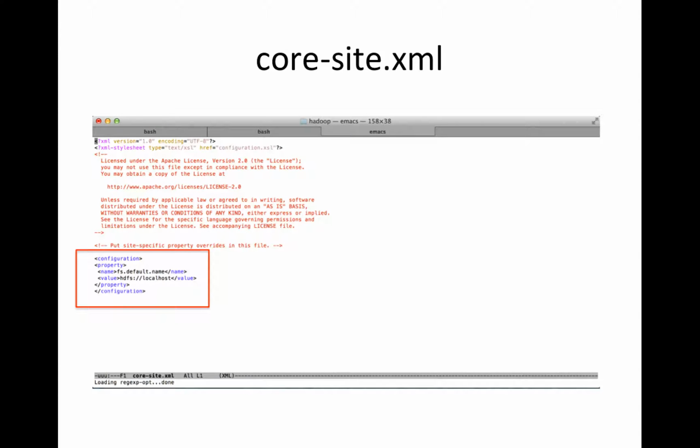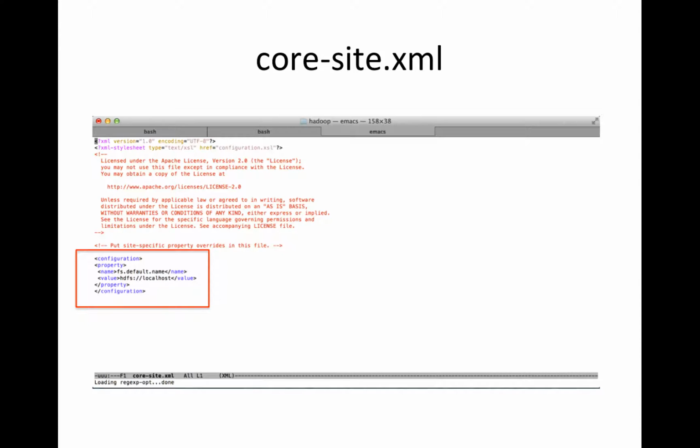There are a handful of files that control the configuration of a Hadoop installation. The 3 most important ones of these are the core-site.xml, which is the configuration settings for Hadoop core, including the I/O settings that are common to the HDFS and MapReduce. In order to edit the core-site.xml file, we basically have to add